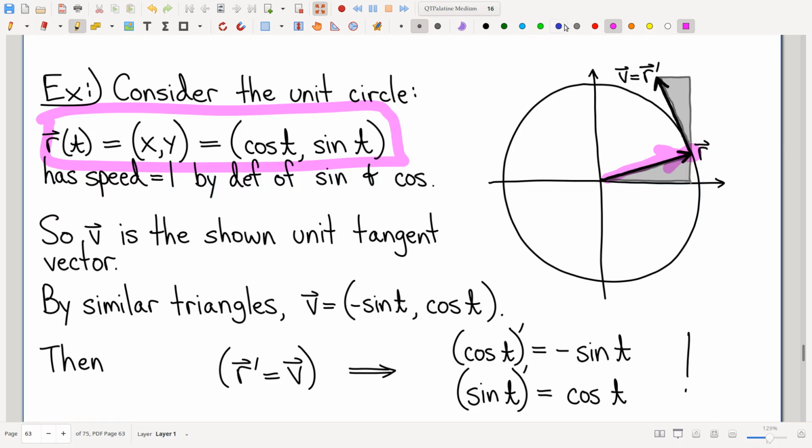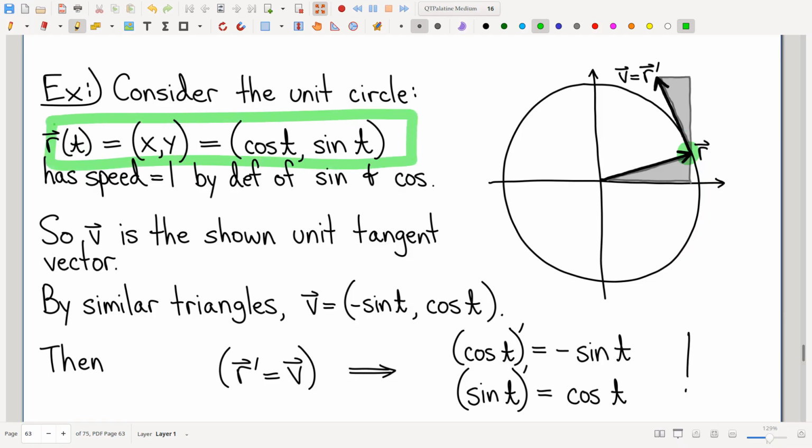The way we define t represents that distance. It's the distance along the curve. So the distance covered per unit time is distance per unit distance, which therefore means the speed is 1. So what we have here, when we say that, we're looking at a parameterization of the unit circle by cosine and sine, that is a parametric curve going around the unit circle with unit speed.